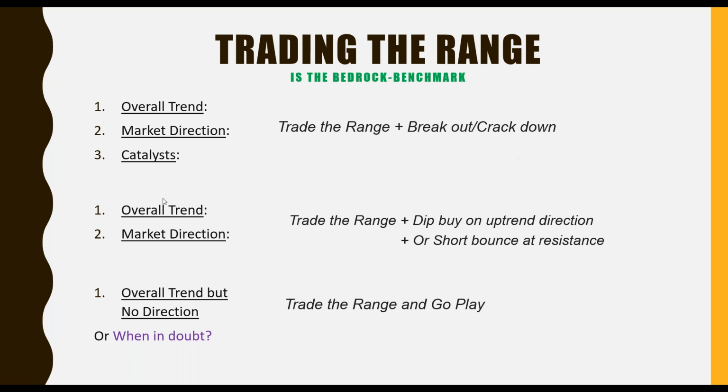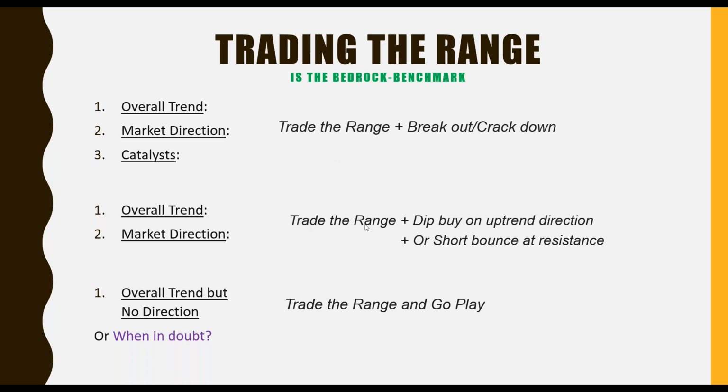Okay. And then the second is if it does not have a catalyst, right? It just has the overall trend and the direction. Let's say the overall trend is up, the direction is gap up, then I would trade the trend, and I will buy the dip on the pullback in the uptrend direction. So I trade the range. And what is the range? The range is provided by us here, by myself, every morning. The day that I'm not here, then it might not be posted, but when I'm here, I post the range for us,